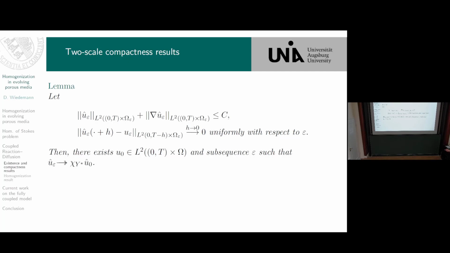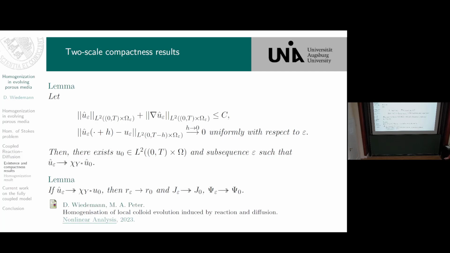We have to extend this function u epsilon somehow on the whole domain omega, for example by 0, and then we can formulate this convergence term. Okay, and having this two-scale convergence, we can derive some strong convergence of the radii, and therefore we have to interpret the radii as a cell-wise constant function. So in every cell, we set the value r epsilon as the value of the radius in this cell, and then we could derive some strong two-scale convergence of these